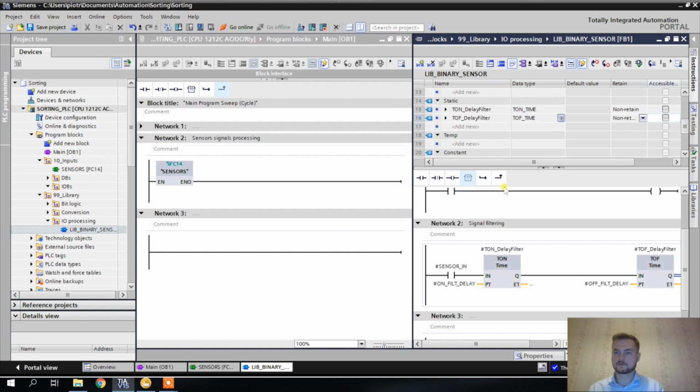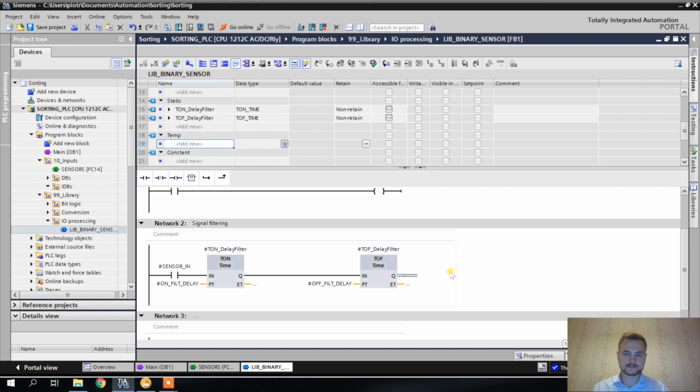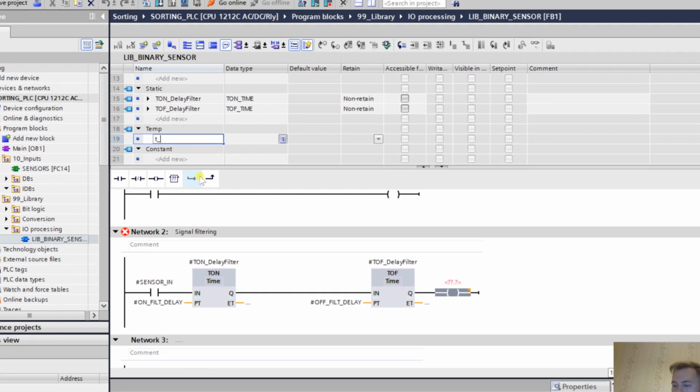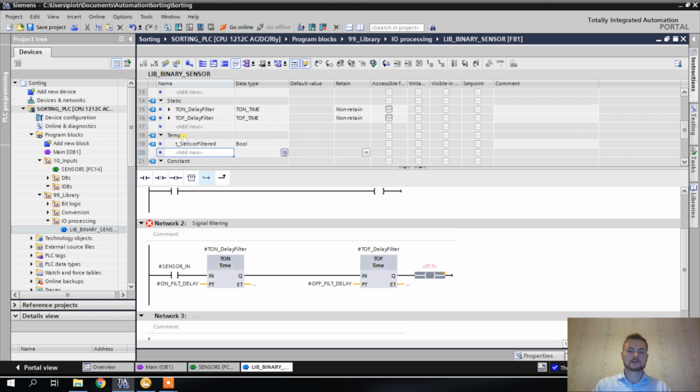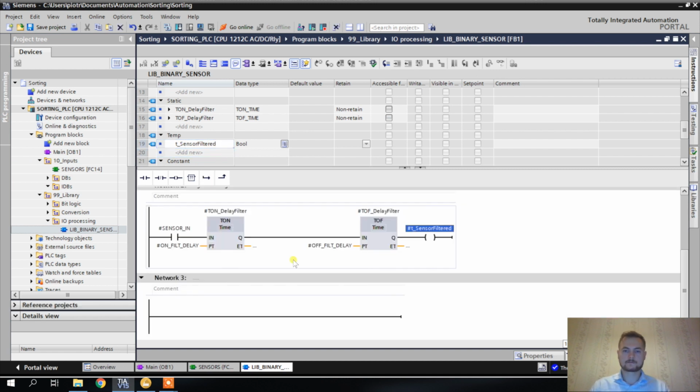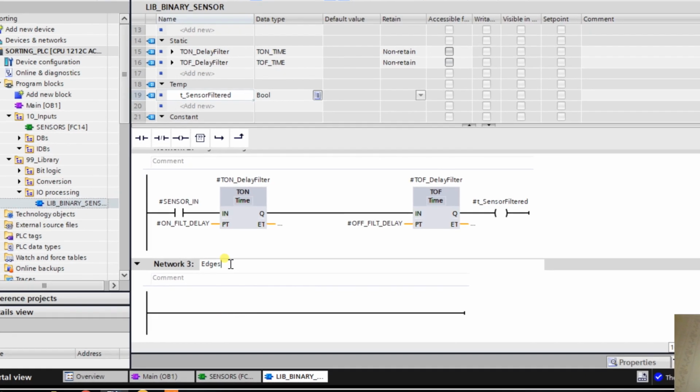And now we have the filtered signal, but we're going to need the filtered signal also for detecting the edges. So I'm just going to use a temporary variable here. So I'm going to name it sensor filtered, use this guy in this place, and now